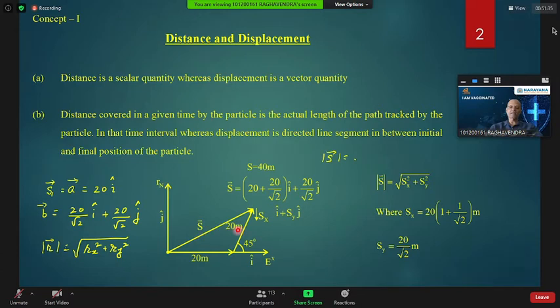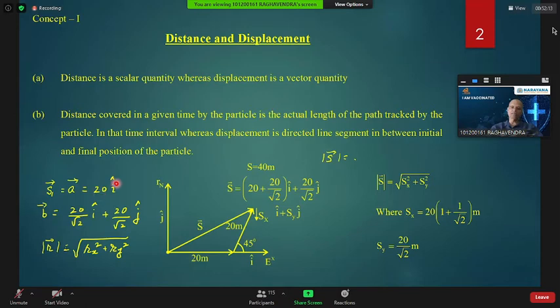The first vector S1 means A vector is 20i. You see here 20i. Now, second vector is again 20. But along x-axis component is 20 cos 45, along y-axis 20 sine 45. So vector B or S2, whichever you like to take, it will be 20 cos 45 i plus 20 sine 45 j. Yes or no? Yes, sir.